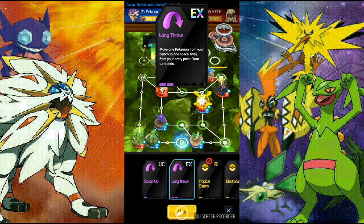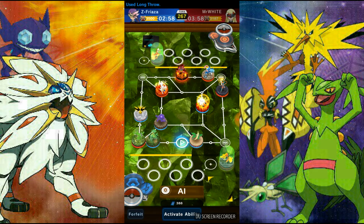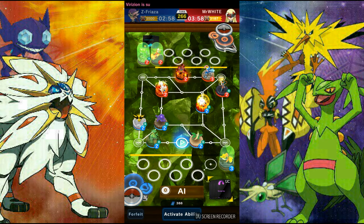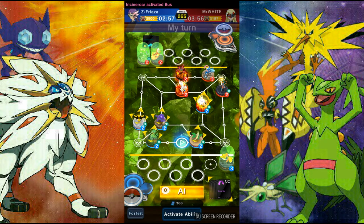So we are just going to long throw and take this around because we do need to get Zapdos back on the board. And with Vibrava and Septo guarding Glow of Tropical Energy up, there's not much his DOA can do hopefully. So we just need to take one entry point and then corner him from there. Trying to make DOA lose rolls is easier said than done. But,